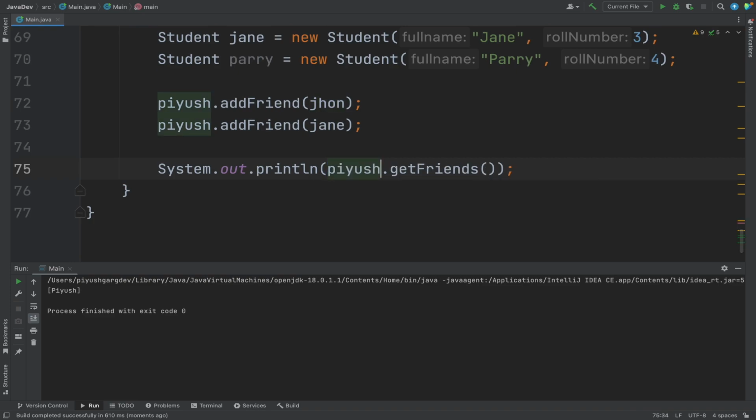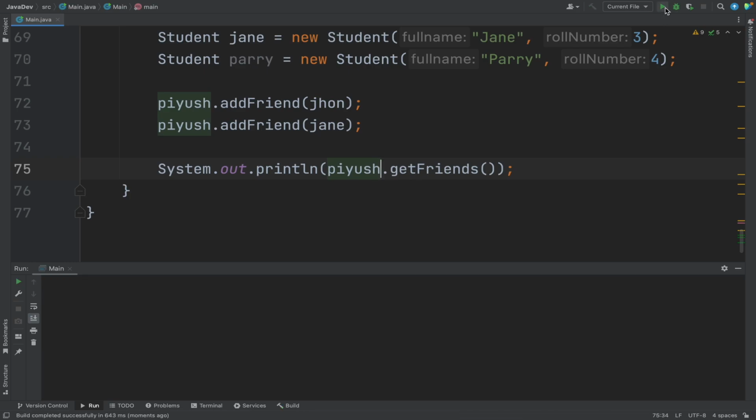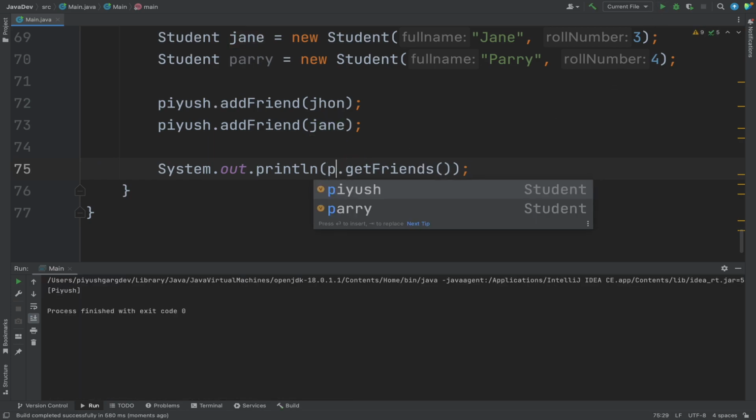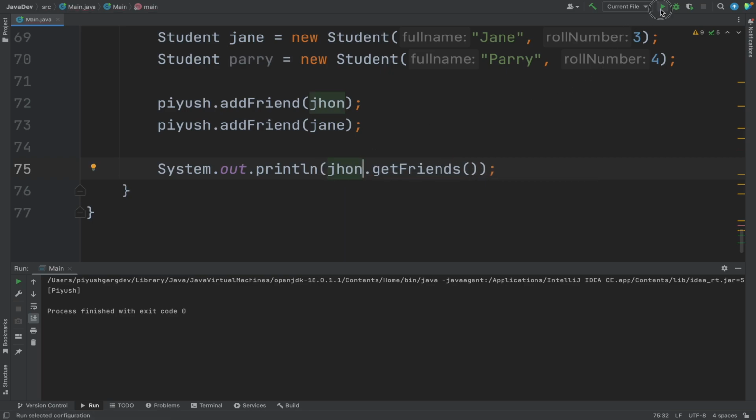And if I say Piyush, who are your friends? I can say that Piyush has 2 friends, which is John and Jane. If I say Jane, who are your friends? So Jane has Piyush as a friend. And if I say, hey John, who are your friends? If I run this program, yes, John also has Piyush as friend and Piyush has 2 friends, which is absolutely